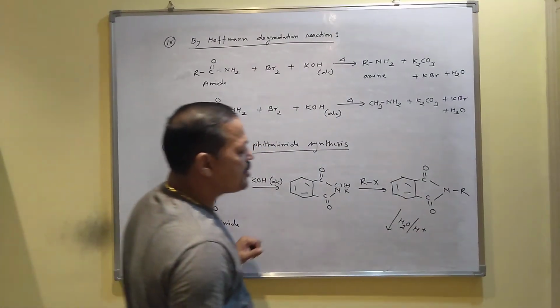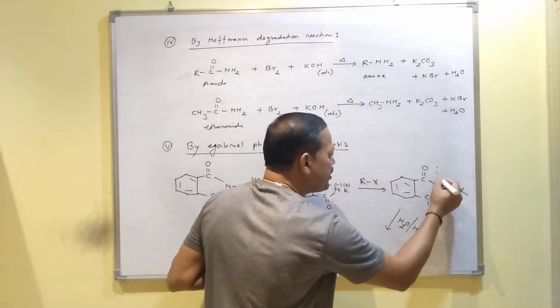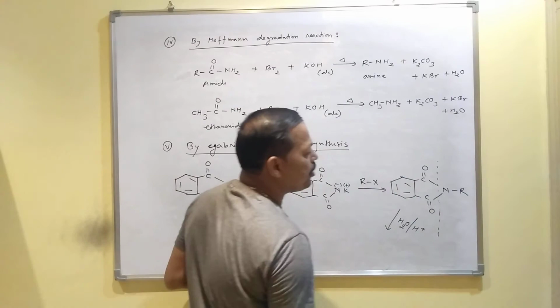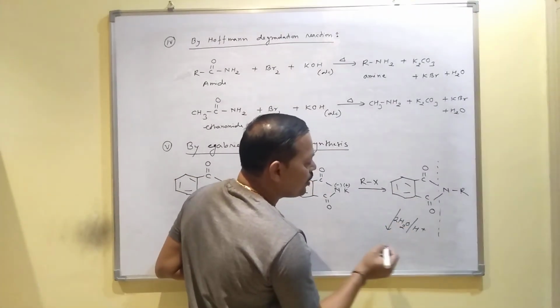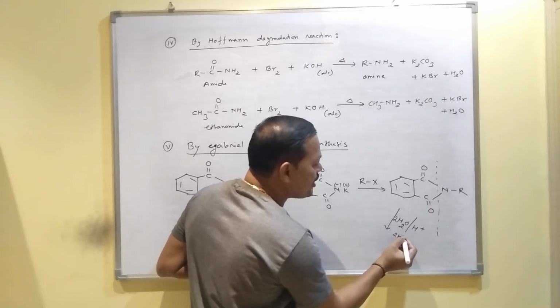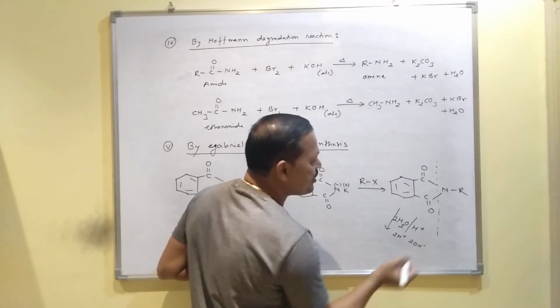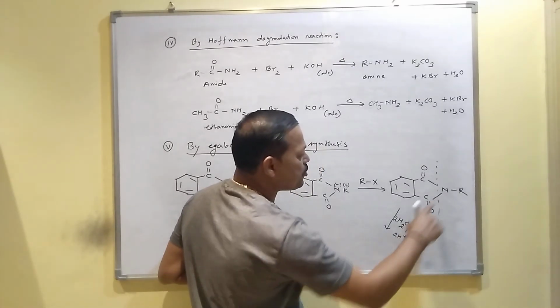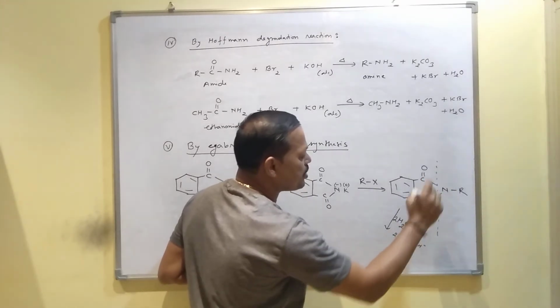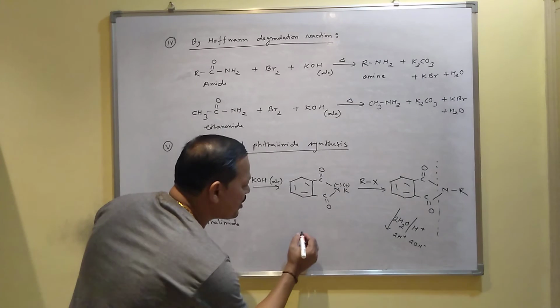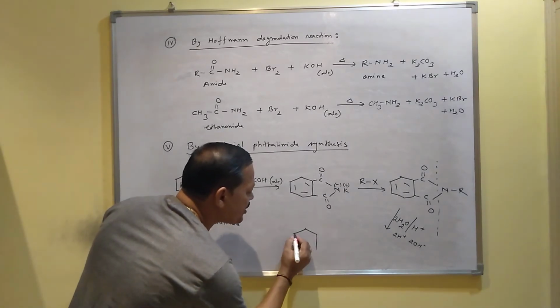When you do hydrolysis, the compound will break in this position. As you know, water is applied here, 2 water. 2 water produce twice H plus and twice OH minus. This 2H plus combines with this nitrogen and this 2OH minus combines with the carbonyl carbons. Ultimately, you will get the product like this.